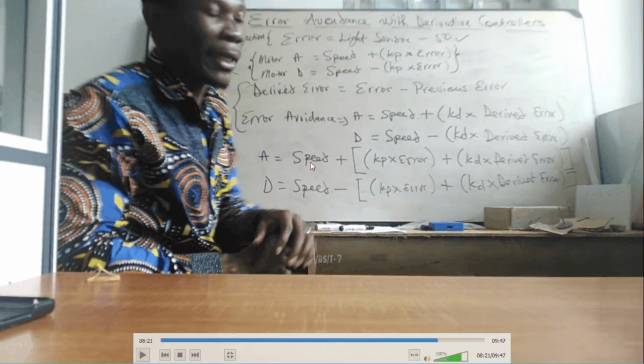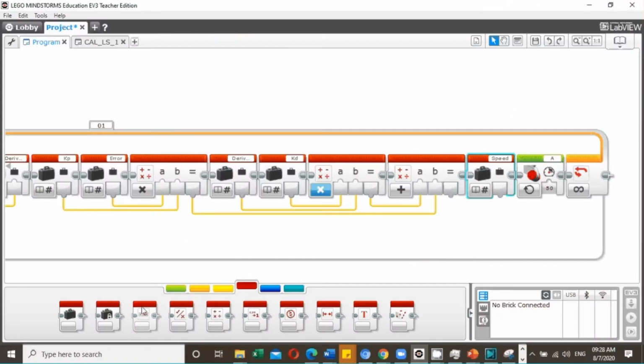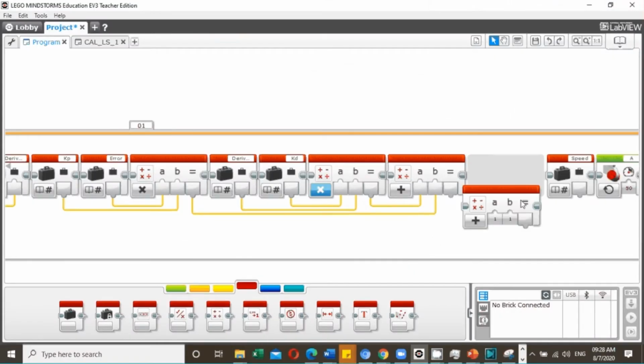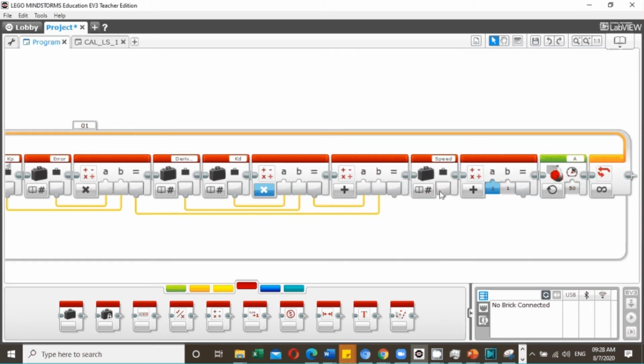So the speed plus the summation of the scaled detected error and scaled derived error. So I need to add, I pick a math block, and what do I add? Speed plus the cumulative sum of the predicted and detected error,